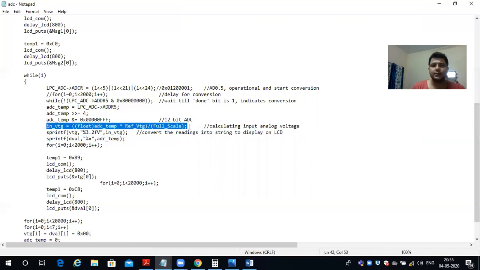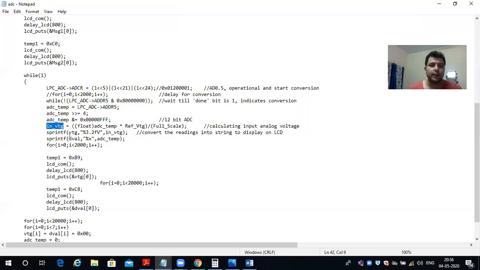In my last lecture, I discussed this formula, how you convert the 12-bit value. It's simple ratio and proportion. In this way, this 12-bit ADC value, which is over the ADDR5 bit position 4 to 15, we have converted and stored